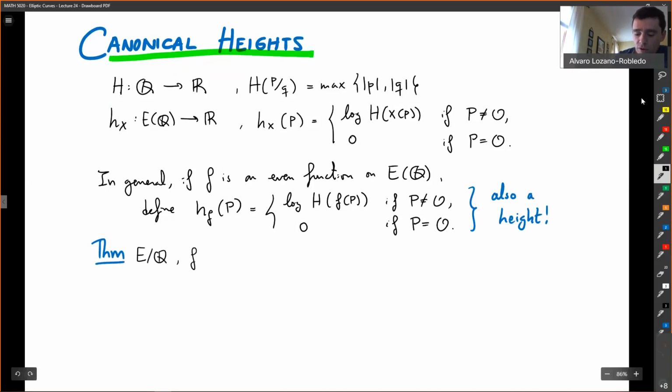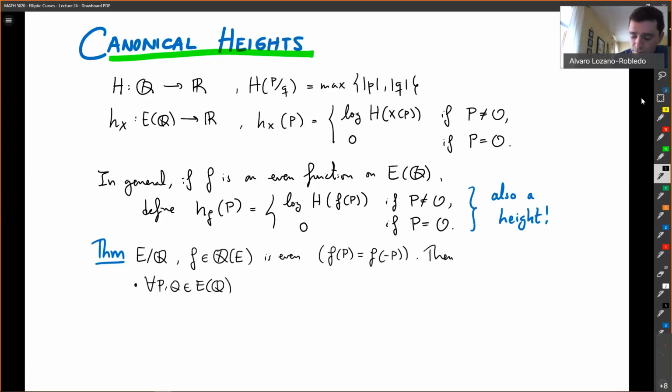Suppose that you have a function f in the function field over Q of E, an even function. Remember, being even just means that f of P equals f of minus P. Then, first, for all P and Q on E,